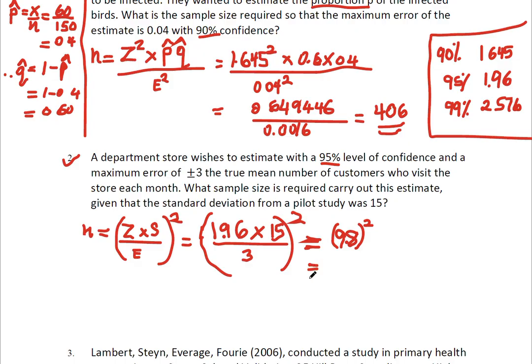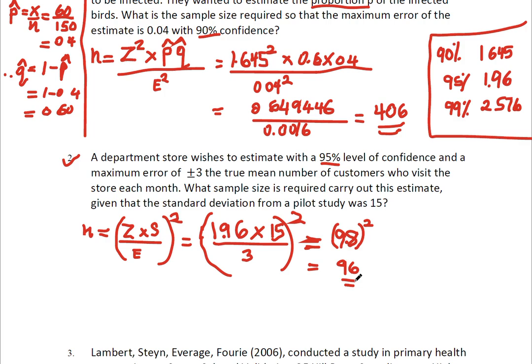And when we square 9.8, we got approximately 96. So we need 96 persons to participate in this study. This is our required sample size. So 96 persons to participate in this study